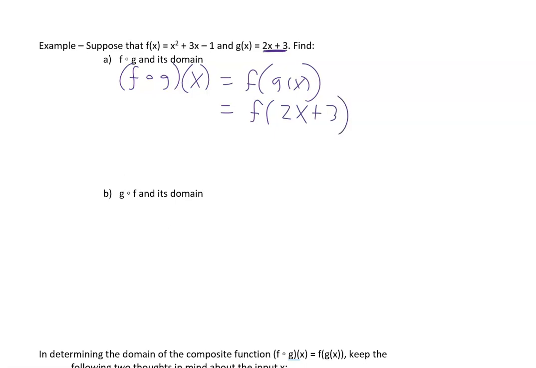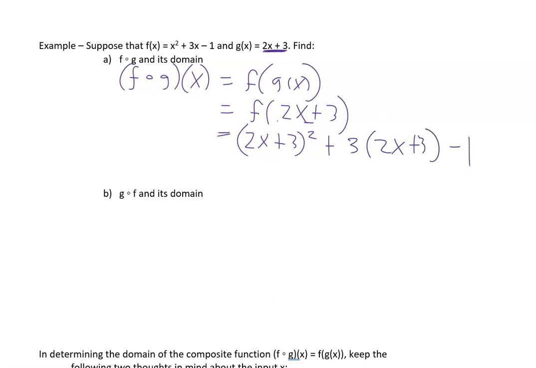And this is where it gets a little bit more difficult, because now we are using an expression or a polynomial as our input, rather than having just a number like 3 or 5. But we're going to follow the same process. We're going to go to f, and anywhere that there is an x on the right-hand side, we're going to replace that x with 2x plus 3. So I have 2x plus 3 quantity squared, plus 3 times 2x plus 3,